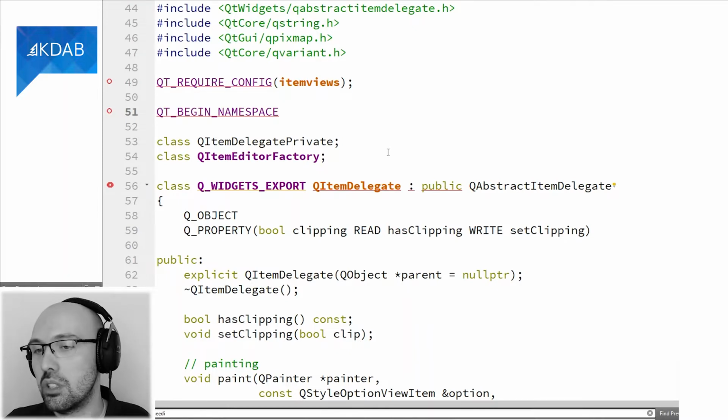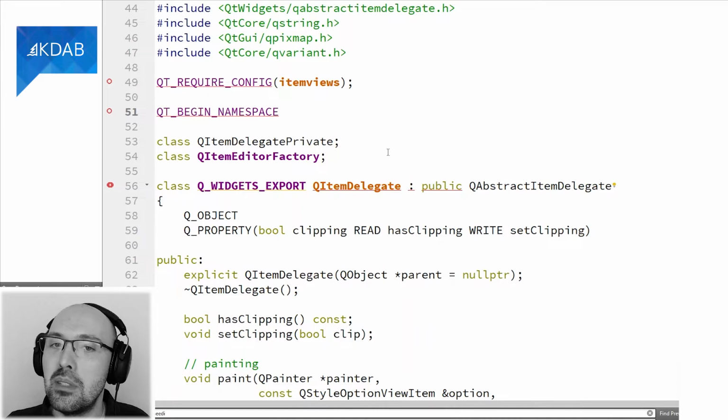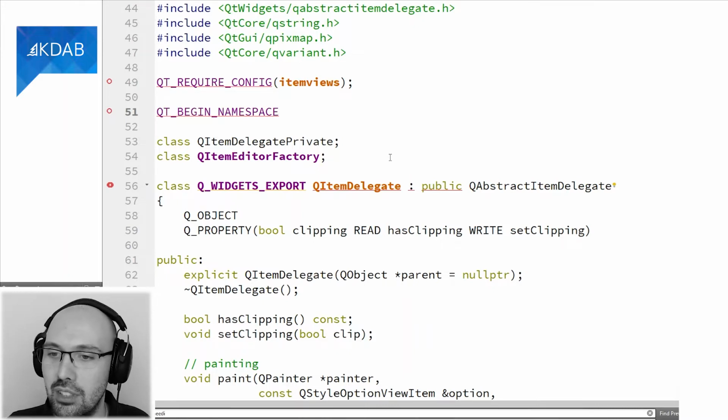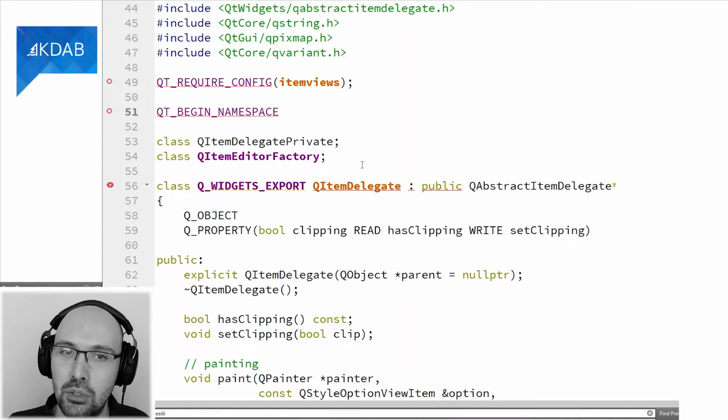But you can build Qt confined within a namespace. Again, it could be convenient. So Qt needs a way to add the namespace, whatever name you chose, and of course to close the namespace after it's done. And this is what these macros expand to. By default this expands to nothing.